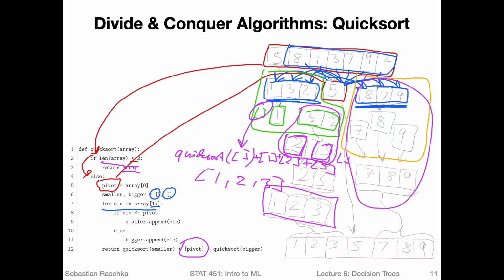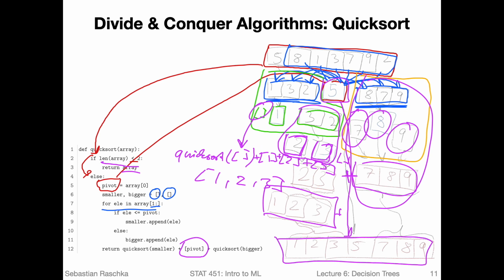So we would again use the divide and conquer method to call quicksort on these smaller arrays until, in this case, we would have an array with fewer than 2 elements, and they get then added up together. So now we have these 2 lists with the original pivot, the 5 in the center, and then these get added up together. So we will return the sorted array. In this way, the quicksort method is dividing this big list into 2 sublists plus the pivot at each iteration, unless we have only 1 or fewer elements in the array.